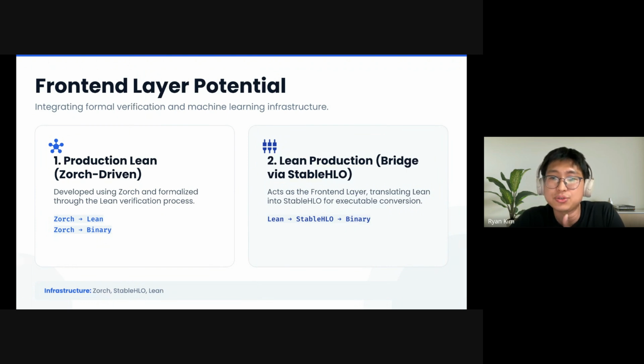The first way is Jolt as the source. You write your scheme in Jolt, that's Python, and the same Jolt goes in two directions: down through JAX, StableHLO, ZKX, PrimeIR into a GPU binary, and up into a Lean spec for verification. The Python front end gives us the flexibility to do both from one piece of code.